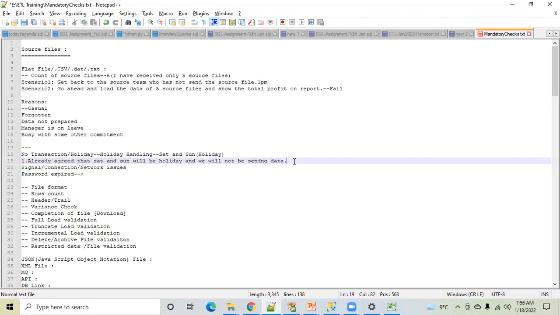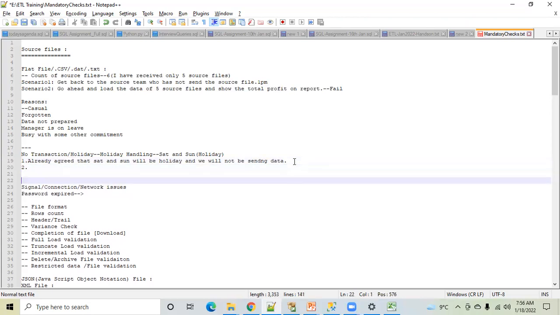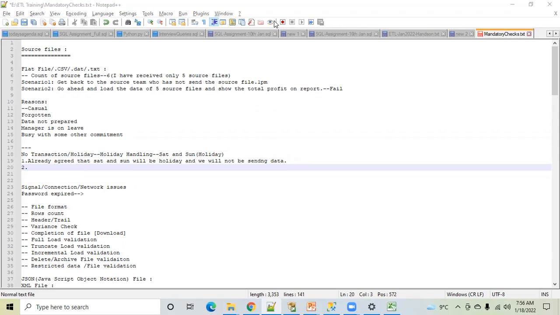If you want to make a note of all those things, you can please make a note. These are very, very important use cases of any ETL project. Is anyone correlating this with their live project? Anyone in this group? Anyone who is working on a live ETL project? Anyone here?